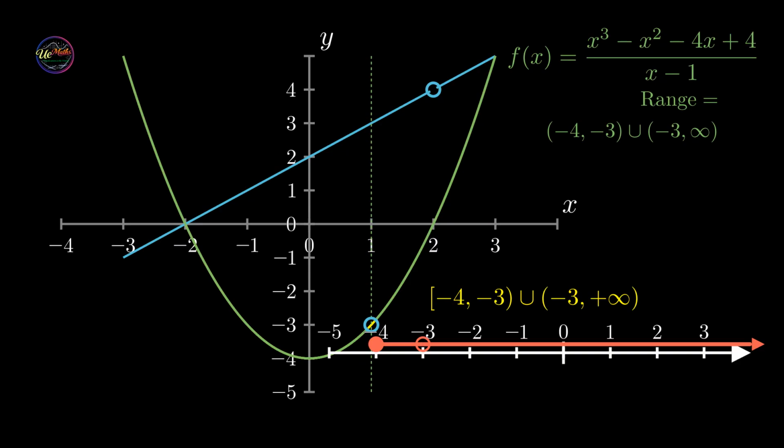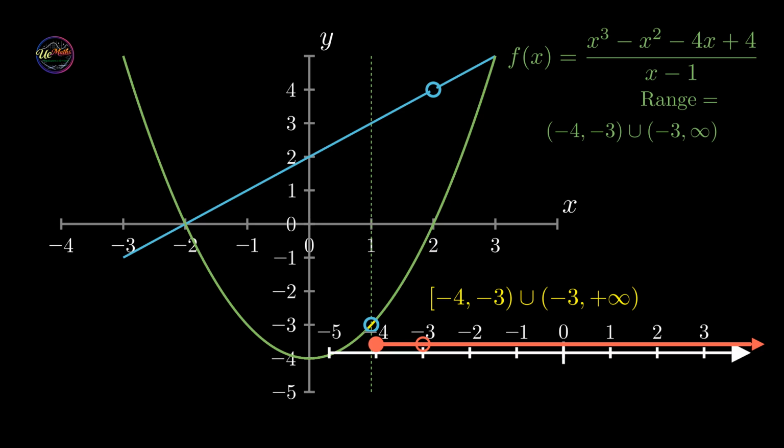Now we determine the range. The term x squared is always greater than or equal to 0 for all real x. Therefore, x squared minus 4 is always greater than or equal to negative 4. The minimum value negative 4 is achieved when x equals 0, and 0 is in the domain. So it is included. When x equals 1,